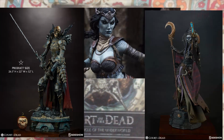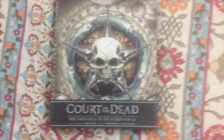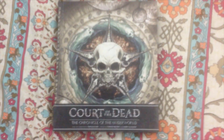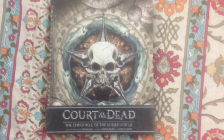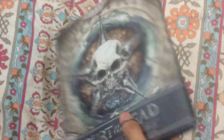As for the Court of the Dead, this is an original concept. No, not a concept. This is an original property of Sideshow Collectibles that they have put out. And like I said before, I've been wanting this book for years now. It has me super excited that it's finally here. And I have to say, once I had it in my hand, without even opening it, I was just